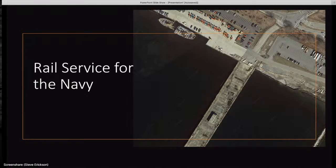And as you can see there, if you look closely, you can see that there are two tracks, one on each side of the pier with a crossover in the middle, which is how they used to service the cruisers and the destroyers that were part of the Atlantic Fleet that were housed in Newport. So for quite a long time into the 1950s, the Navy got its supplies via rail directly onto the piers